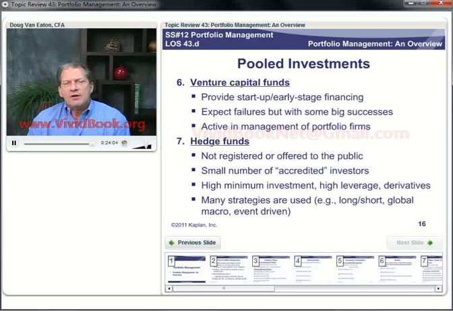So when they were first named, these funds used to hedge market risk. Not the case anymore. There's many strategies across the board, and most of them have high leverage and a fairly high degree of risk. Some examples here are a long-short fund. This takes out some market risk, and they're actually hedging a little bit. But if we talk about a global macro fund, that's a fund that's trying to make bets on